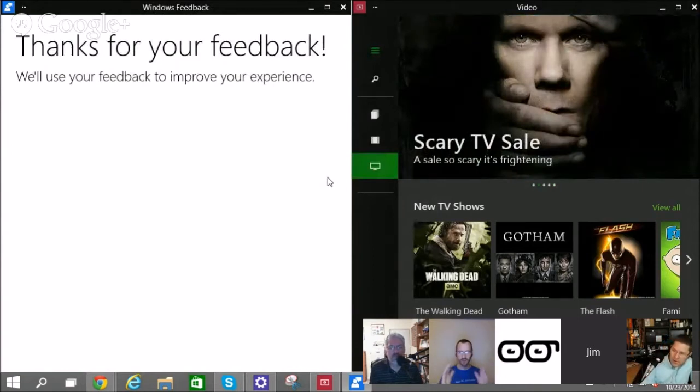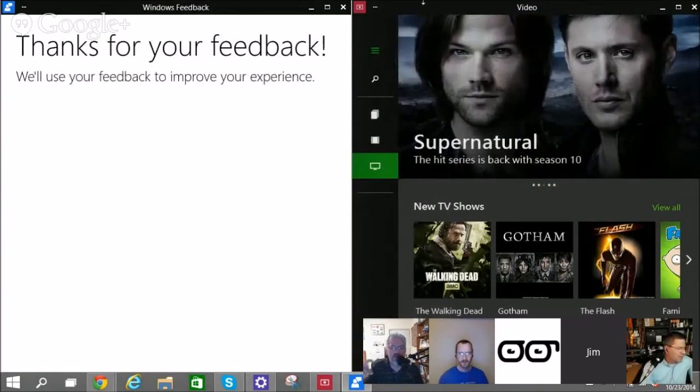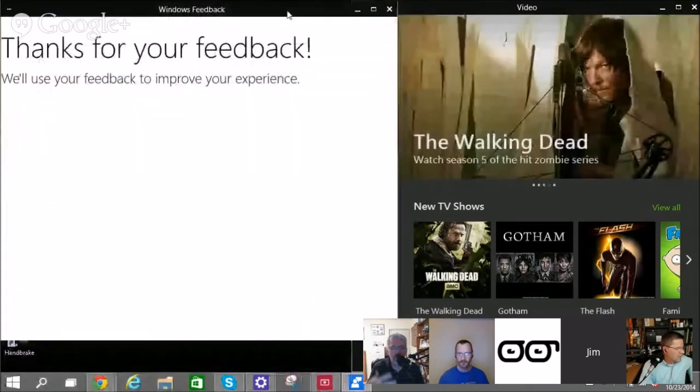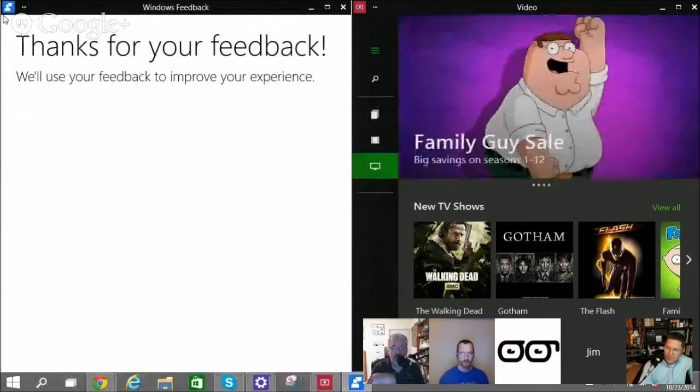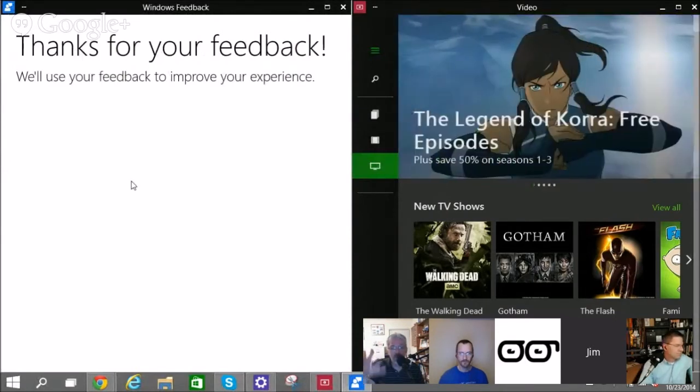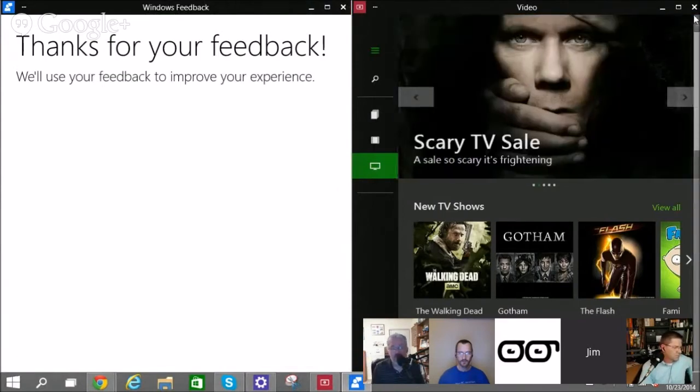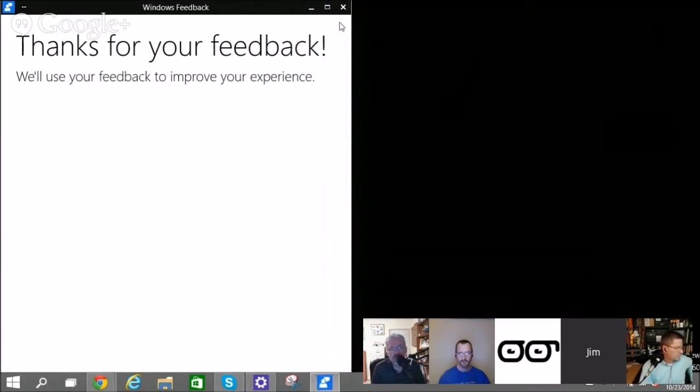I had some issues with the display stuff as well, and I don't know whether that's just a hardware limitation, drivers that just aren't there for Windows 10, or whether it's an actual issue with the build. But one thing to remember is that all these apps that we're downloading in the Windows Store, although they're universal, they are going to need some tweaking because of the newer OS. So there's going to be those kind of hiccups.